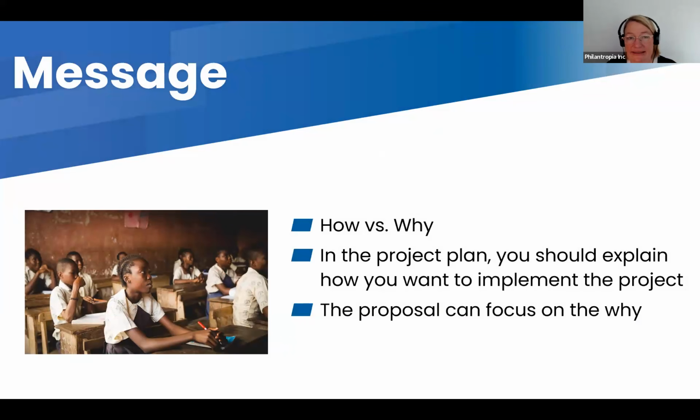In the project plan, while you also have to really develop this logic of why and how the things work, you should explain exactly how you want to implement the project. So it needs to be logical, no? The activities need to be logically lined out. You need to explain the strategies. Obviously, again, the background, the problem tree, the root causes, the effects, etc. You need to line all of that out, but it can be more factual and then focused on how you want to actually implement this project.